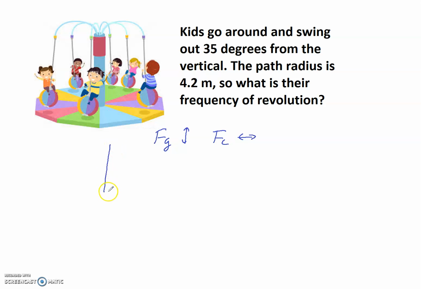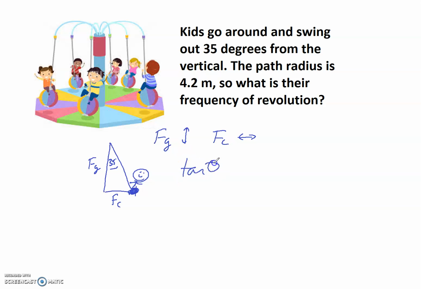We would have a triangle, something like this, where this is one of the kids sitting on the ball, and the angle is 35 degrees from the vertical. We have our two forces: Fg, which is vertical, and Fc, which is horizontal, and those two forces are creating the angle. So obviously we need to use some trig to tie them together, and since the 35 is here, that would be the opposite, that would be adjacent, so it makes sense to try and use tan